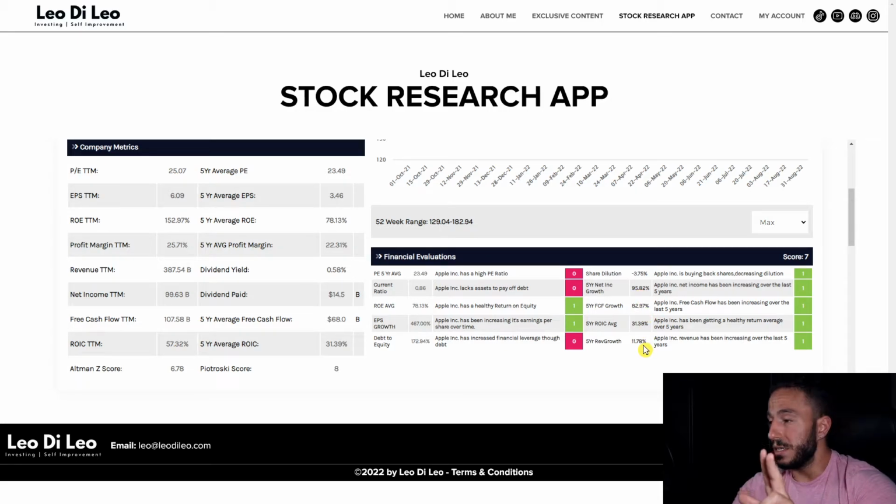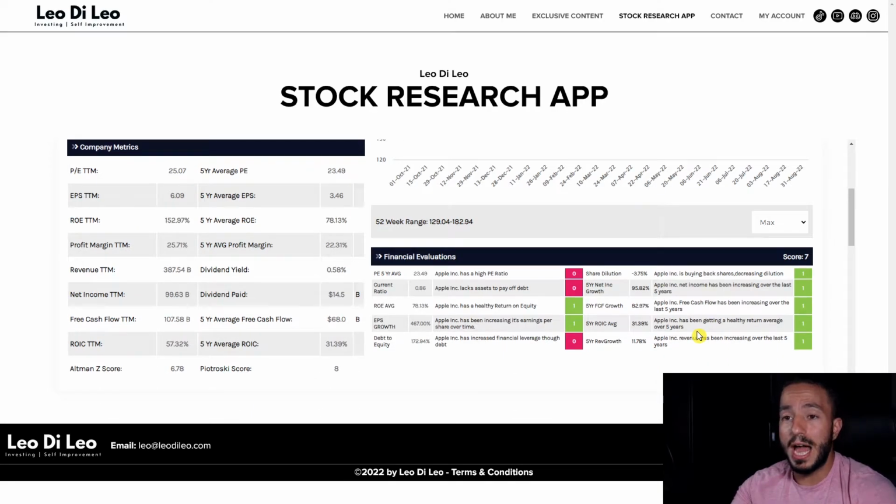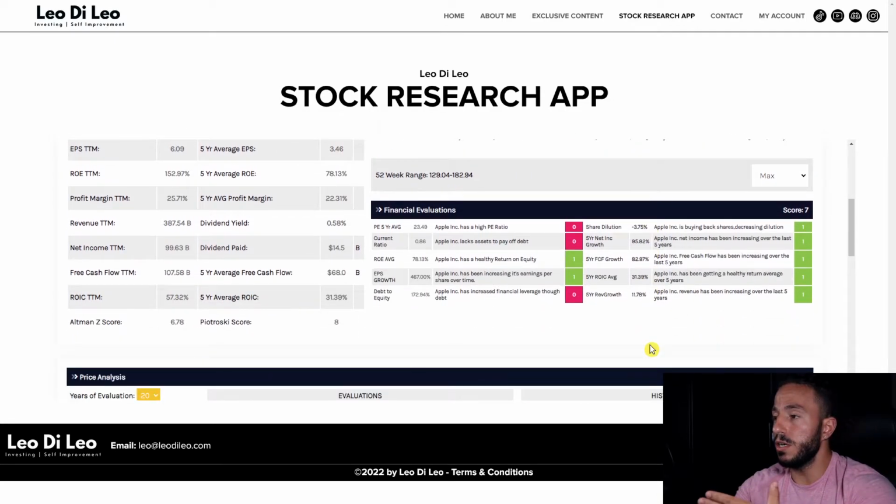The trifecta of those three things, the three core things of a business, have gone up, as well as a return on invested capital being as high as it is at 31%. This is a phenomenal business. Does that mean you should go out and buy Apple? Well, no, there's still some more work to be done, but you can use my software here and just stop